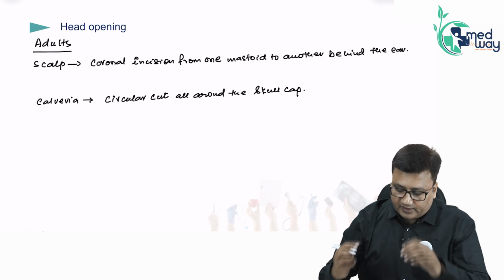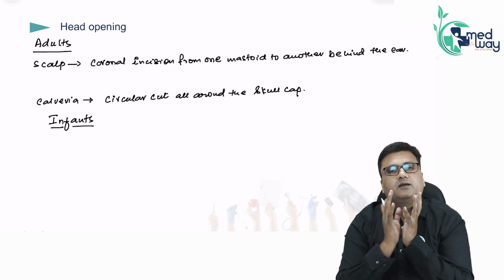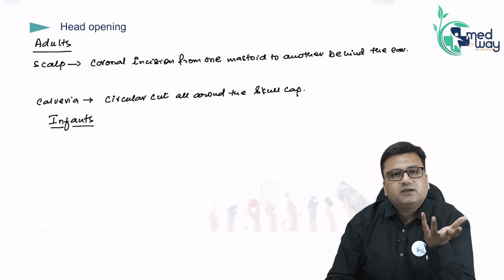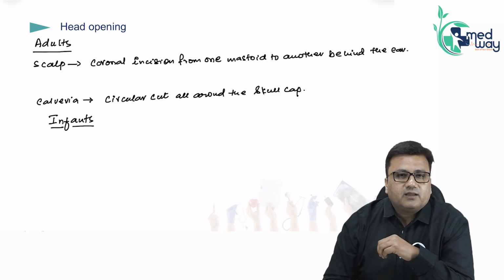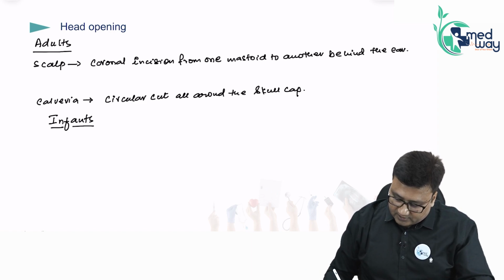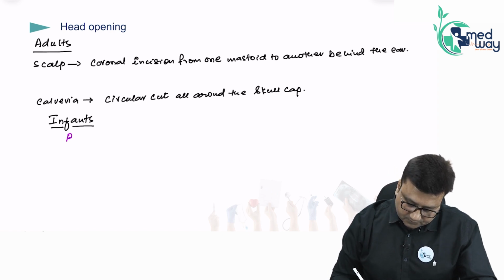But in cases of infants, the skull bone is still cartilaginous. So, once you have reflected the scalp away, there are two different techniques of opening the infant head. The one technique that we know is called as Bennett's technique,